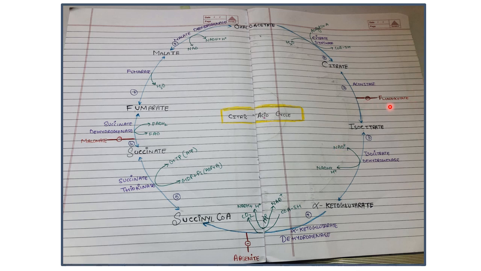there is a mention of inhibitors also, like fluoroacetate inhibits the aconitase enzyme, arsenite inhibits the alpha ketoglutarate dehydrogenase enzyme, succinate dehydrogenase is inhibited by malonate. And over here you can also mention that it is substrate level phosphorylation. There is also a mention of whether it is a reversible step or an irreversible step. Fine. So this is how you can write down a cycle like the TCA cycle and urea cycle in landscape.